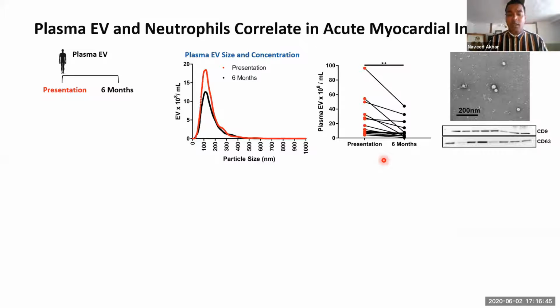This is quite an old photo from a couple of years ago, but what you're looking for is a membrane-enclosed particle, and sometimes they can have a collapsed cup-shaped morphology. What you're also looking for in your EV preparations are the presence of tetraspanins or EV markers, such as CD9 and CD63. So the plasma EV number is elevated after myocardial infarction, but does it correlate with the size